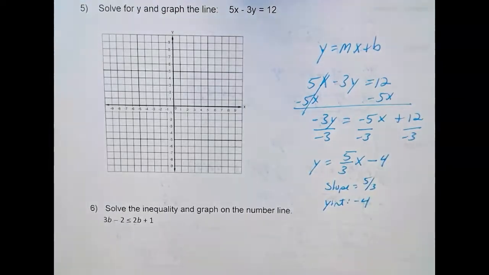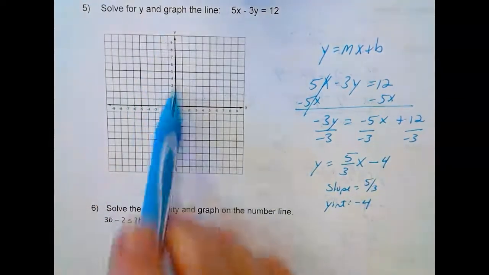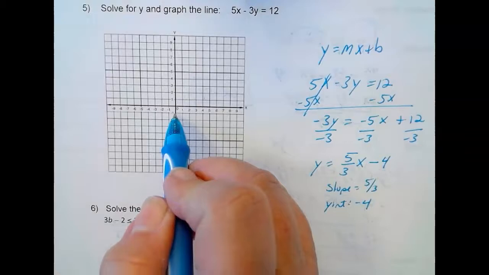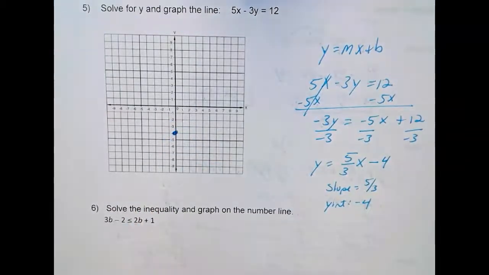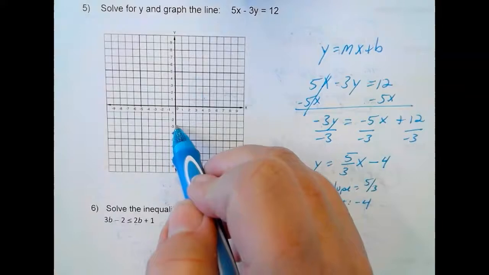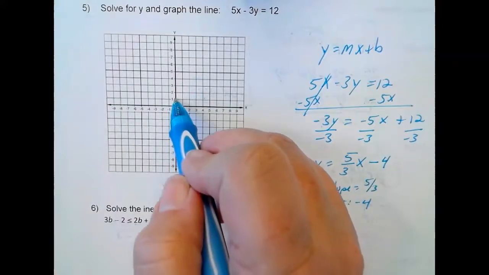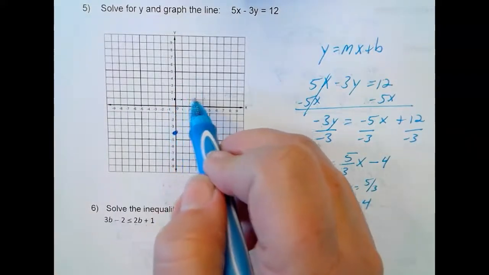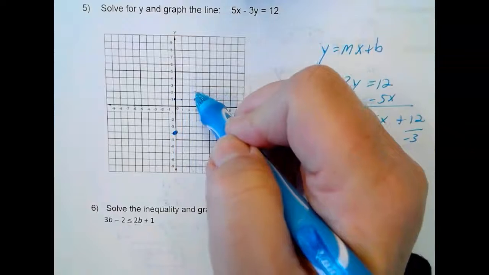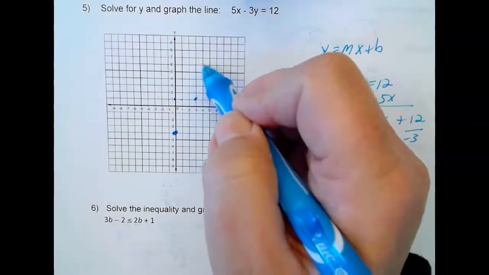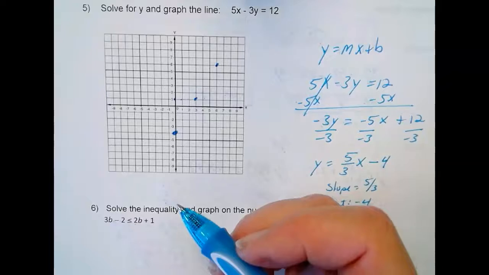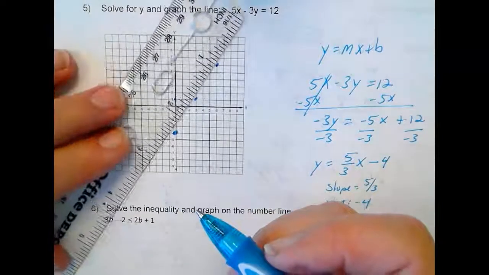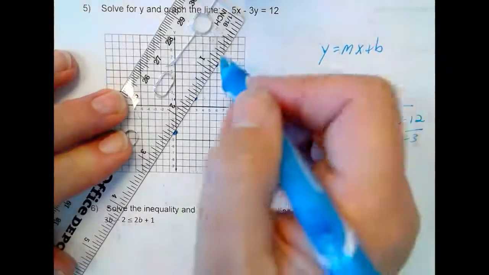So to graph this, I'm going to start with my y-intercept. So I go to the y-axis, and I go to negative 4. 1, 2, 3. Negative 4 is right there. And then from there, I'm going to count out my slope. So I'm going to go up 5. 1, 2, 3, 4, 5. And to the right 3. 1, 2, 3. I can do it again. 1, 2, 3, 4, 5. 1, 2, 3. And then if you have a ruler handy dandy, which I do, you just connect the dots